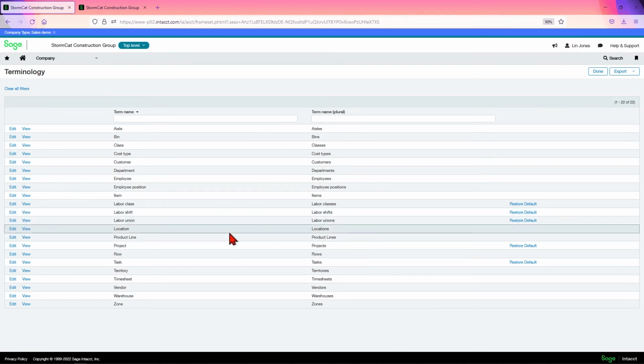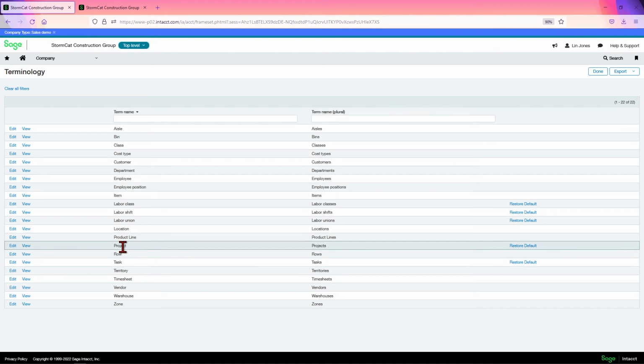You can do that, and it's not going to affect anything as far as data you've already input, except that it's going to change how the dimension presents. Instead of saying projects or jobs, it'll just say projects then. Or instead of saying classes, it'll say labor class. So nothing really affected if you want to get rid of it. But it's real nice if you need to see something in a particular way because that's what you're used to.